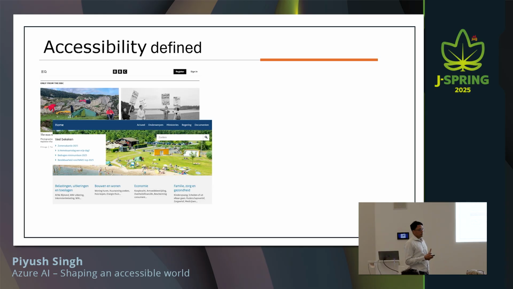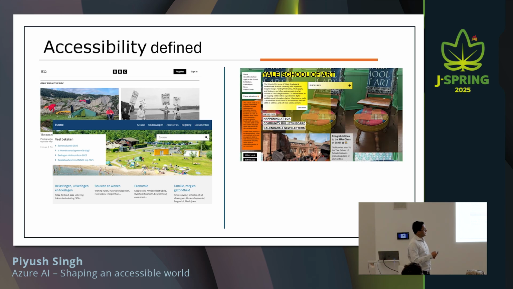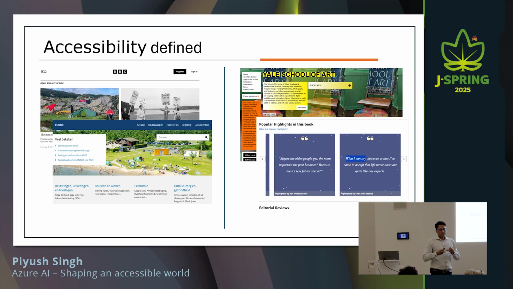But then there are also bad examples. So I came across this website where just navigating it, even without any disabilities, is a challenge, let alone with accessibility needs, where it's even more difficult. There are some examples which I see a lot on e-commerce websites where you have some sort of review or some sort of text embedded in an image. And if you look at the alt text, so that's basically the text which software can read,